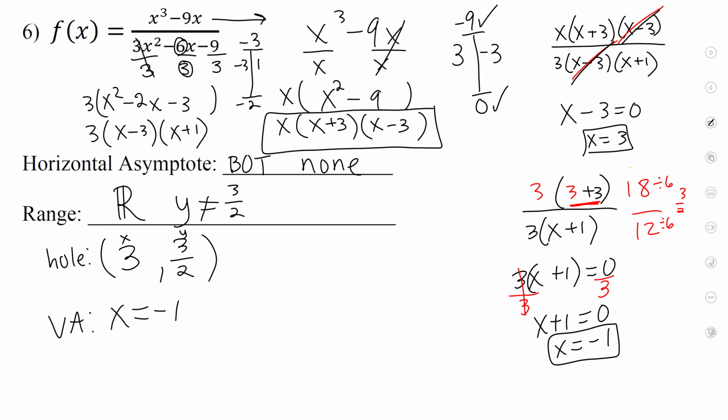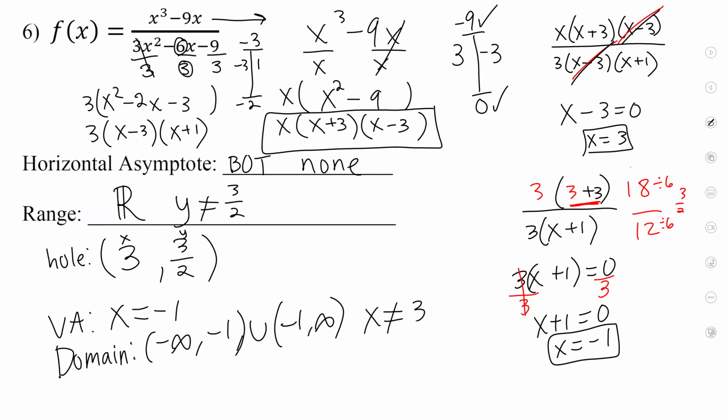Now let's do the domain. Your domain is always the same format, -infinity to -1, -1 to infinity, and what can x not be? 3, because that's the x value of the hole. This is the hole. This is the hole. You cannot equal the hole. Okay,